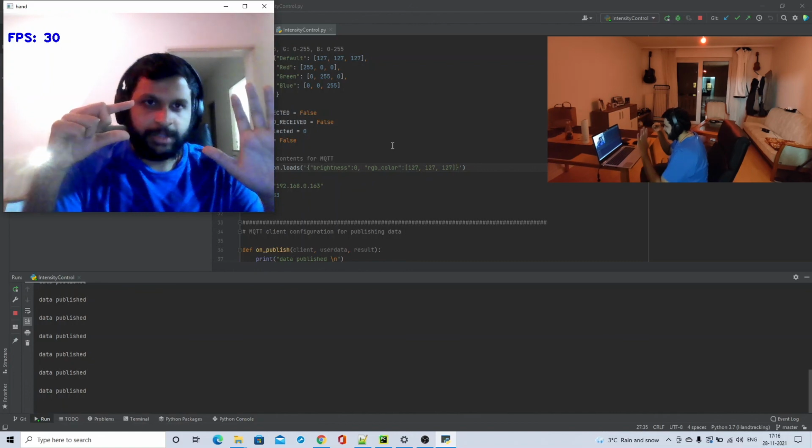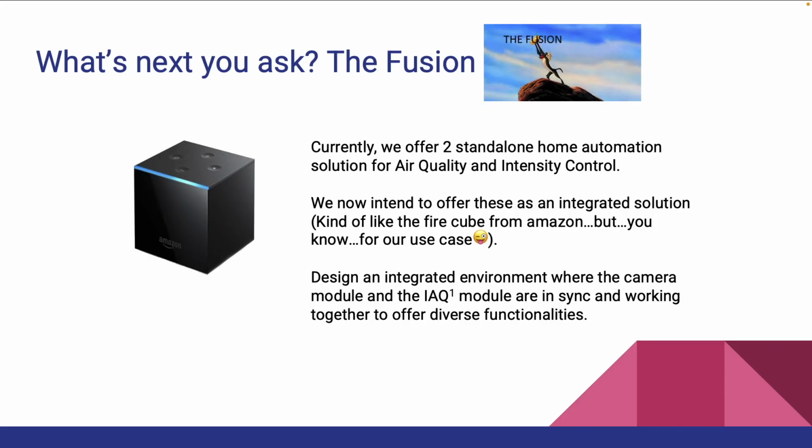And it stops running. So the future scope of the project is more about trying to infuse the two worlds together in a single entity using the Nordic Thingy unit, and then having a one-stop solution with a camera slot in it to get both the data together, and the user can take it along with him.